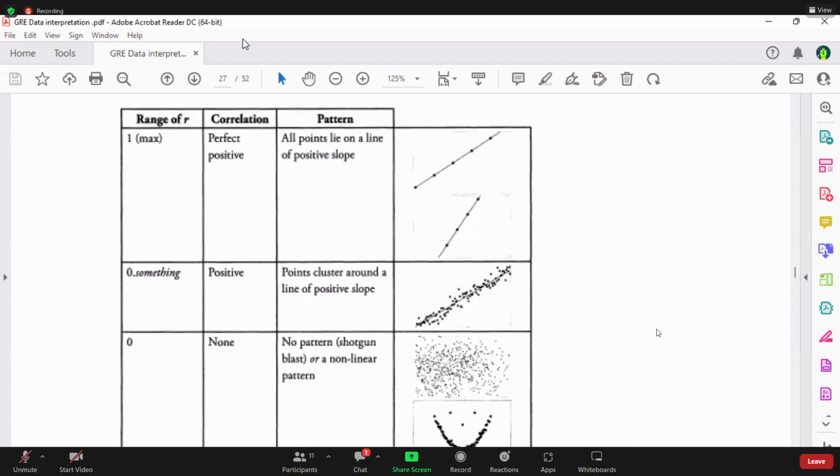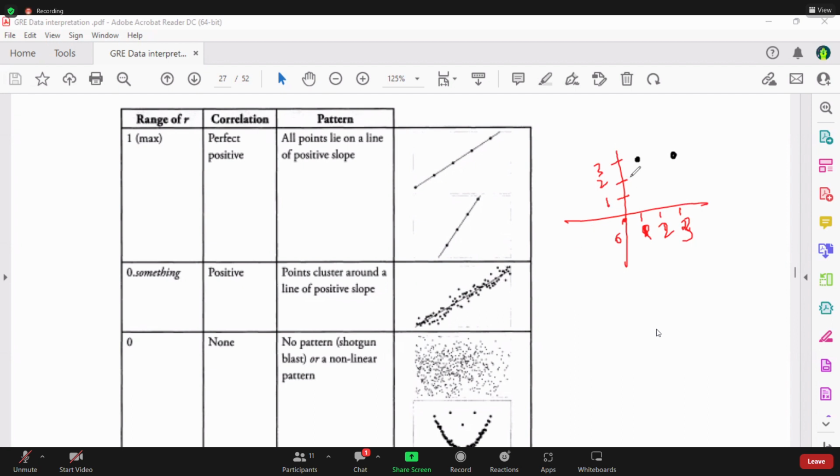Actually, as I was saying, range is basically how the points are. So let's say this is a graph and this is 0, this is 1, this is 2, and this is 1, this is 2, this is 3. Sorry, this is 1, 2, 1, 3. This is 0. If we have 2 points on the same y ordinate, let's say one point is here and the other point is here,